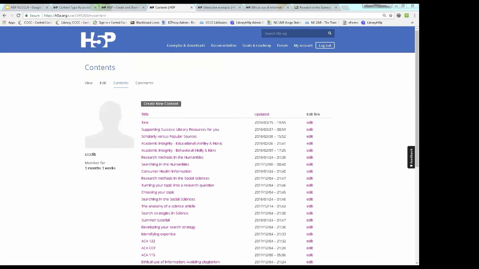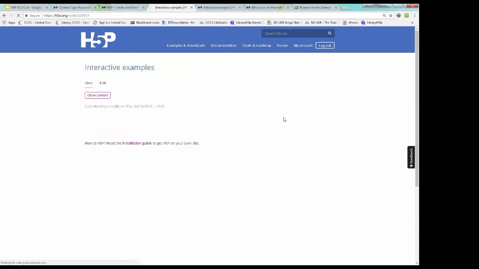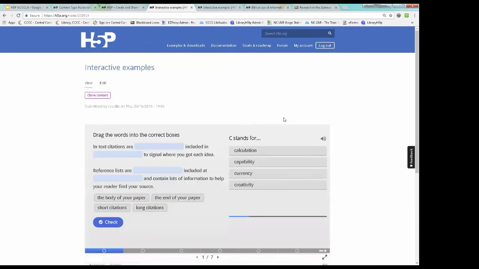And again, you are welcome to use any of this as a template. Some of it is better than others. We have created all of this over the course of about a year. We're learning as we go. So pick what you can use. But what I will show you is this test one. So I created this to show you a little bit about some of the interactivity that you can do. So if you guys want to go to that link and click on test, you can also participate in this.